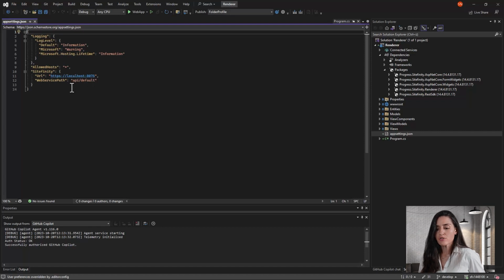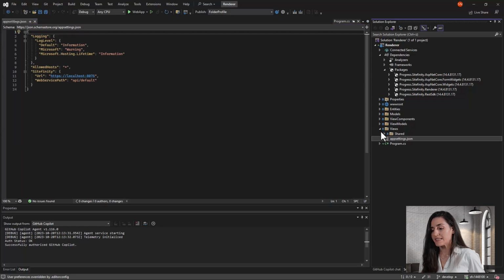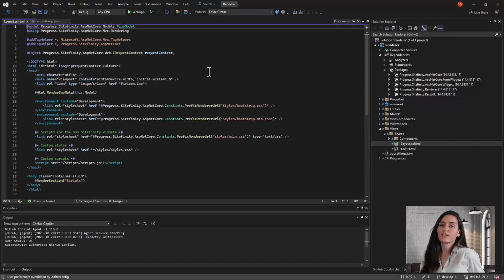The CLI also creates a sample layout file for us with default markup and Sitefinity attributes. This layout file will automatically be registered as a page template, which will be available in the backend when we create our first page or when we want to create page templates based on this layout file. This is a good starting point, which we can further extend and update the markup to fit our requirements.